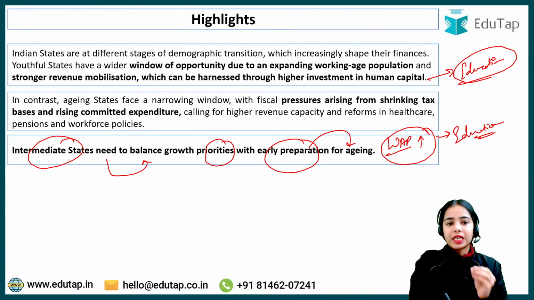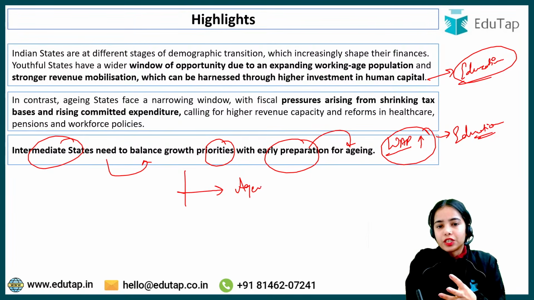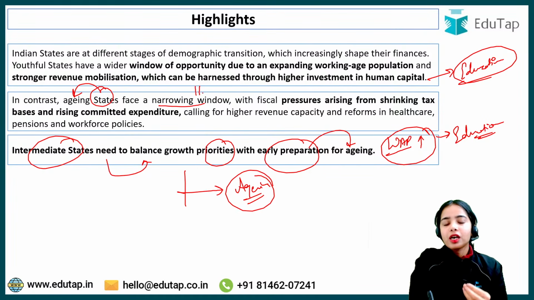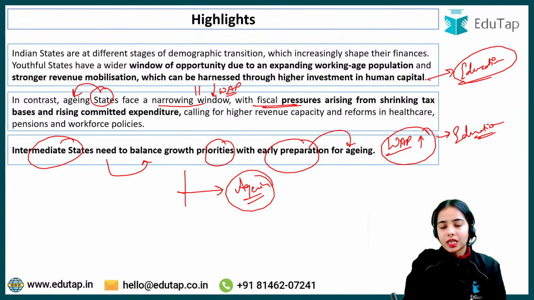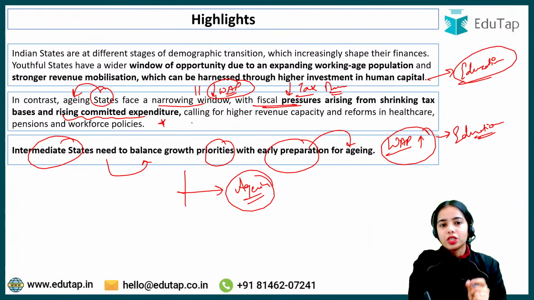But the intermediate states have to be prepared for moving towards the aging stage. Now, when a state is in the aging stage, it faces a narrowing window of opportunity as it has a very small working age population. The fiscal pressures are coming because of the lesser working age population. There is a lesser tax base. Lesser working age population means a lesser tax base and rising committed expenditure on pensions, on social security and